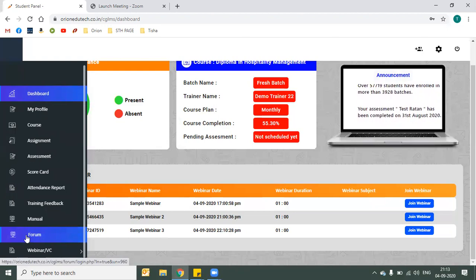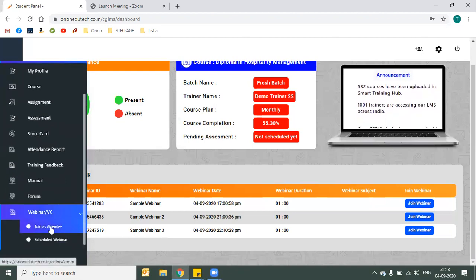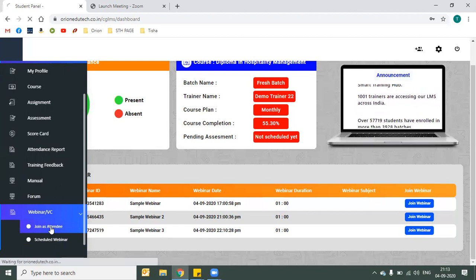But since you are using this for the first time, you first have to click on join as attendee. This is going to take you to a page wherein you have to download the Zoom application for the first time.